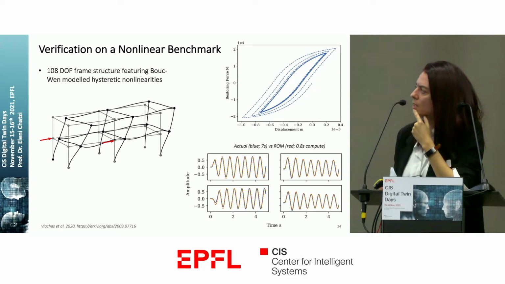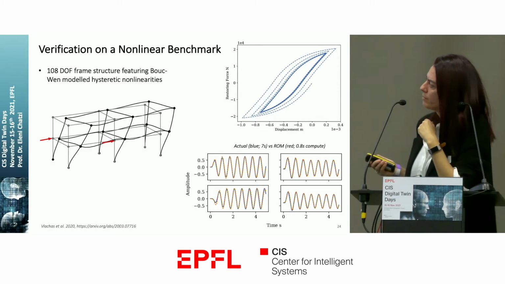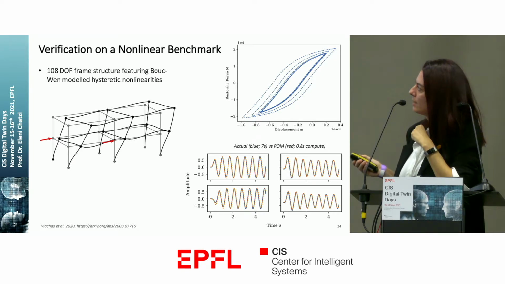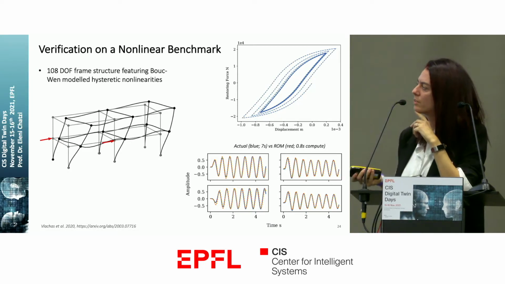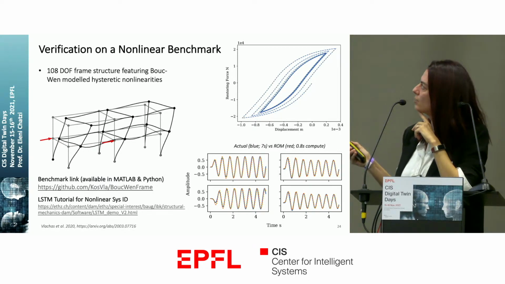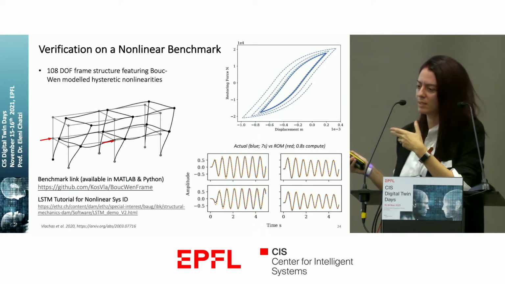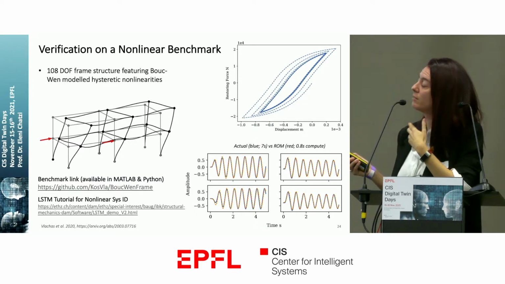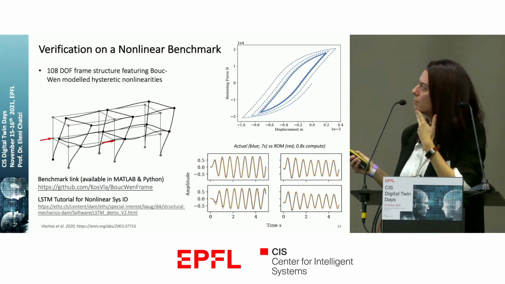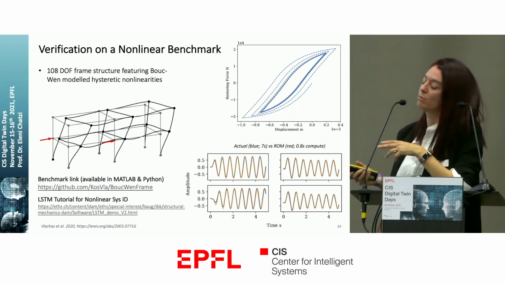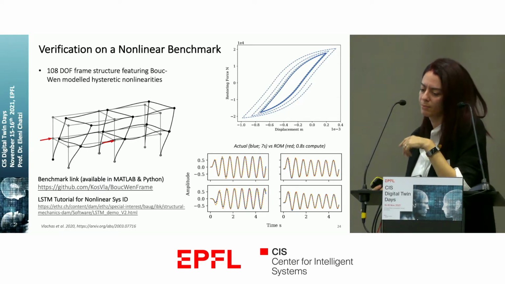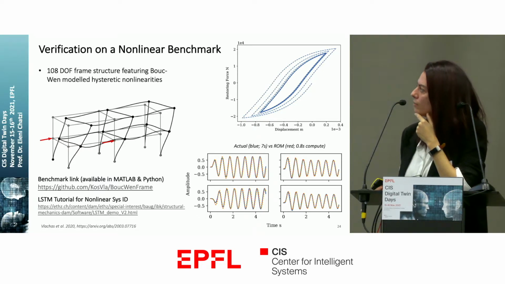within your system. Using the logic that I explained before, you can actually show that you can get a very good precision approximation of this nonlinear response in different degrees of freedom of this frame. And you can do this at a quite reduced time. So this is not always, it also depends on the example. So actually, if you had a bigger example here, it could be even more impressive. But just to give you a sense, this computation of about 5 seconds takes 0.8 seconds for this reduced order model in a non-optimized code, whereas 7 seconds, so actually more than the actual phenomenon, in a conventional finite element